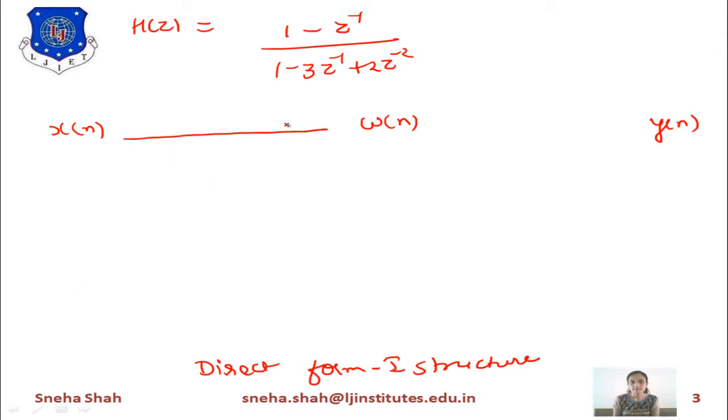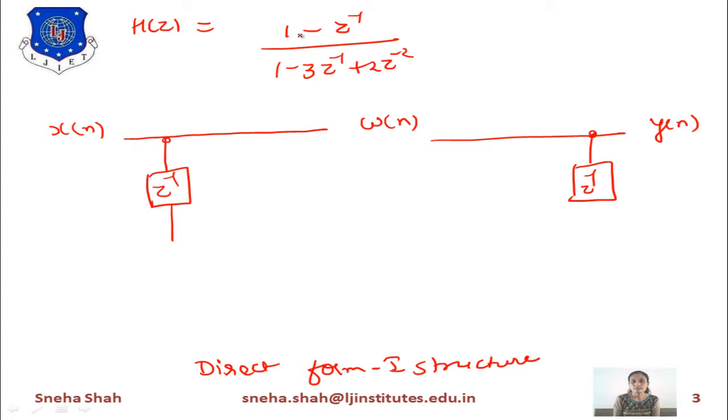Starting with this, if we draw the numerator part first, then the z inverse part will be at the first term, and if we draw the denominator part at last, then we draw the delay unit from the output term. Now to draw 1 minus z inverse, this term is multiplied with minus 1, so minus 1 into z inverse gives minus z inverse. Now this part is added with this term, so it gives the answer w(n). Similarly, if we want to draw the denominator part, the rule will be reversed.